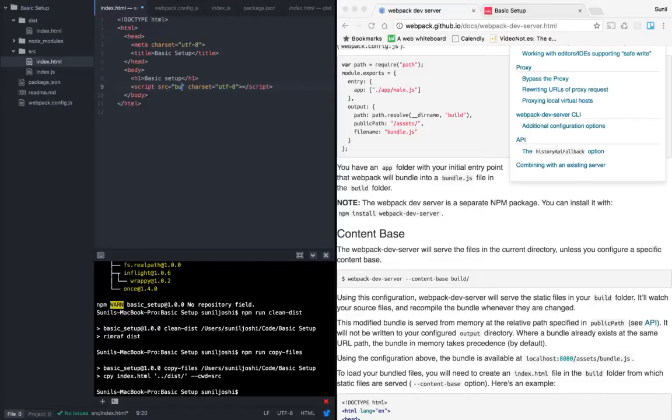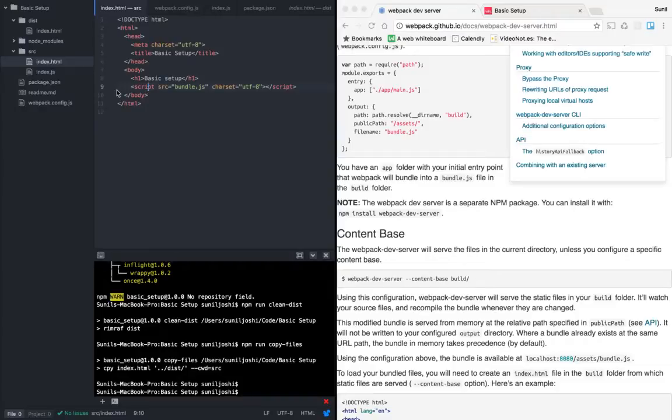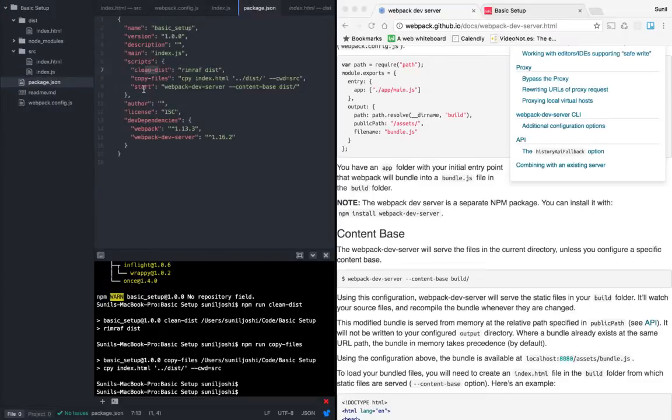So the next step is, we want these two things as a preprocessor of the start. So let me write a prestart, and let's run this command npm run clean dist. That is the first command we want to have, and then what we want to have is npm run copy files. So these are the two things which I want before I run the project, so that it will be a clean build. So let's see if things are working.